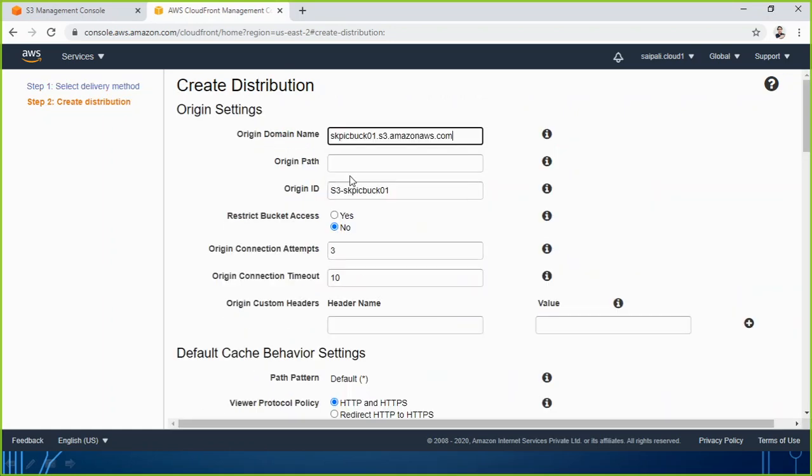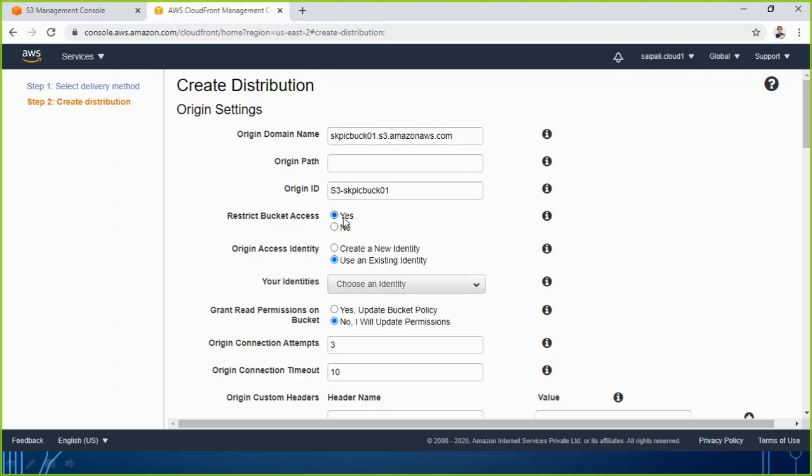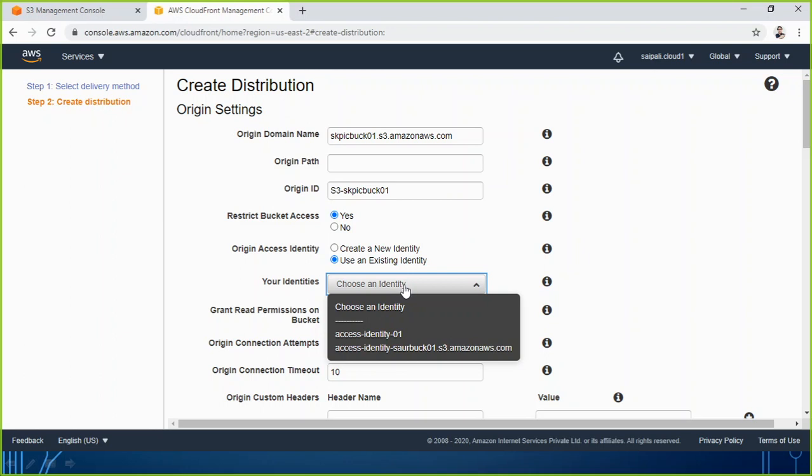So I go with the SK pick bucket, origin path, yes, and the identity here it should give me the name, but it is not showing me, so I can create a new identity also or I can use any existing one. It is completely free, up to you, whatever you want to go for. So maybe I just go with any of the existing identities.